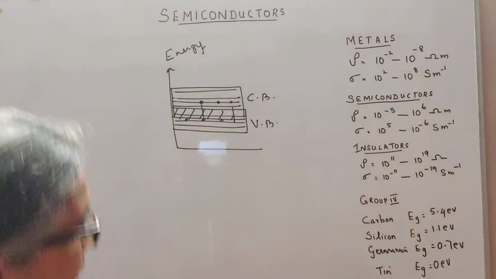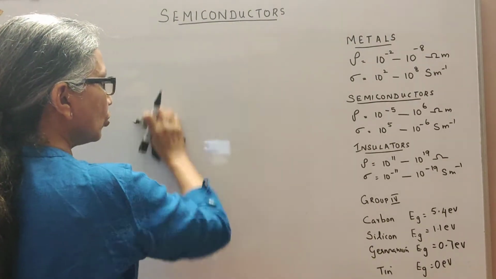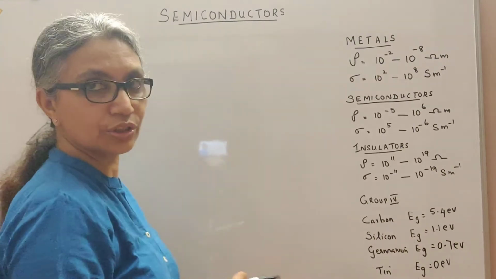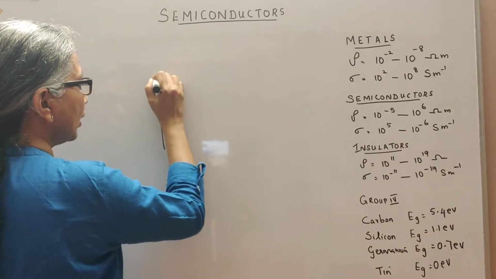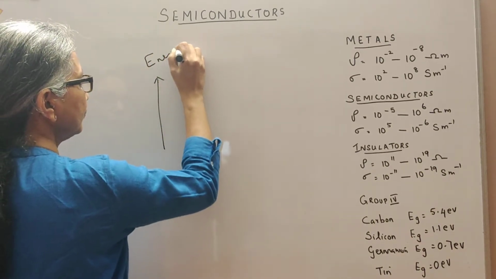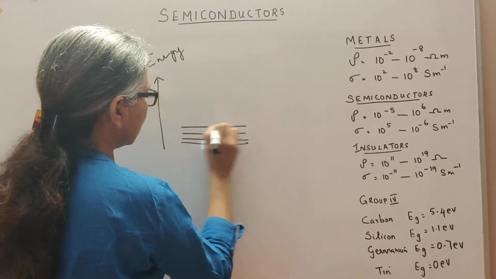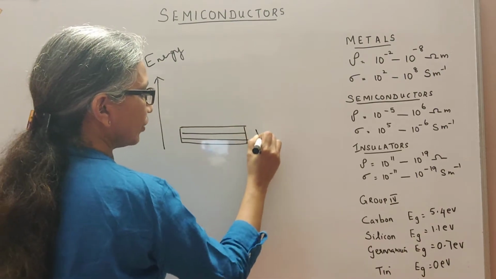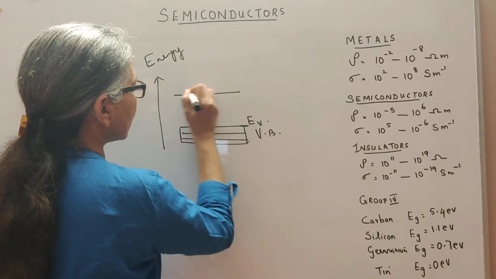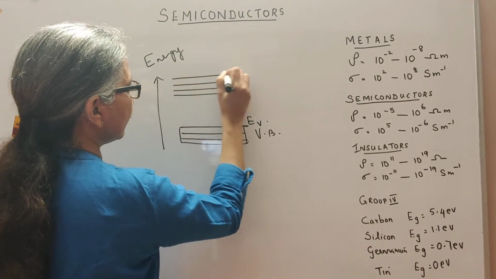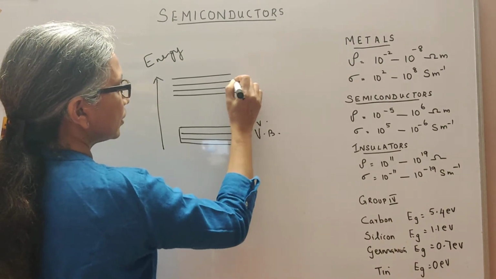Now we look at the next type of material, the insulator. Insulators, as you know, have no free electrons for conduction and therefore they are bad conductors. If you now draw the energy levels here, this is the valence band we are talking about, and the uppermost level is what we call EV. We also have the conduction band which is above that, at higher energy levels. This is EC, and this is the conduction band.